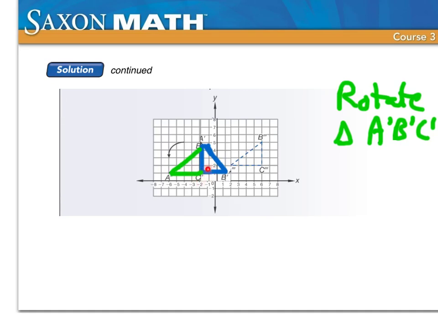Well, C stays the same, so we're rotating it over point C. So let's look at how this rotates here. Let's follow point B's path from B prime to B double prime here. It goes up this way and over that way. That's a 90-degree angle. So we are rotating this 90 degrees